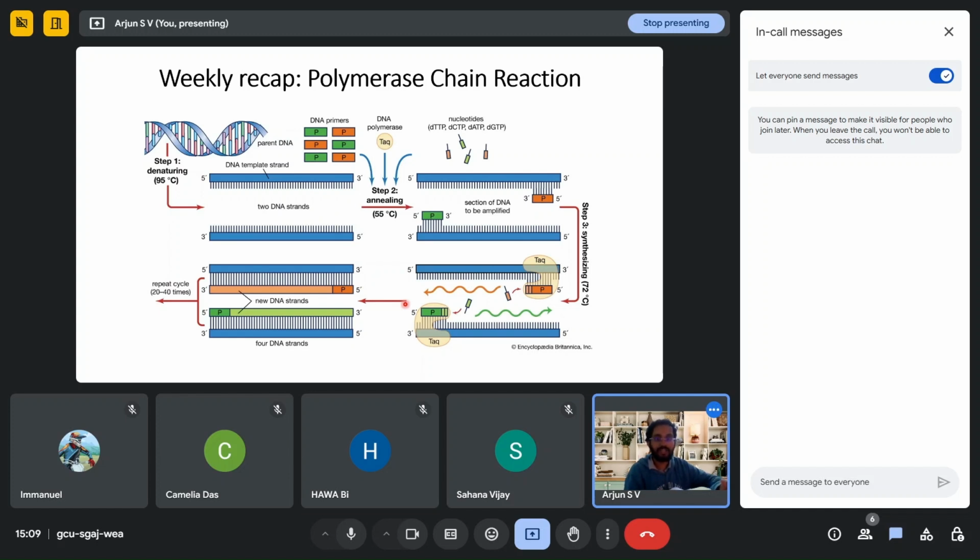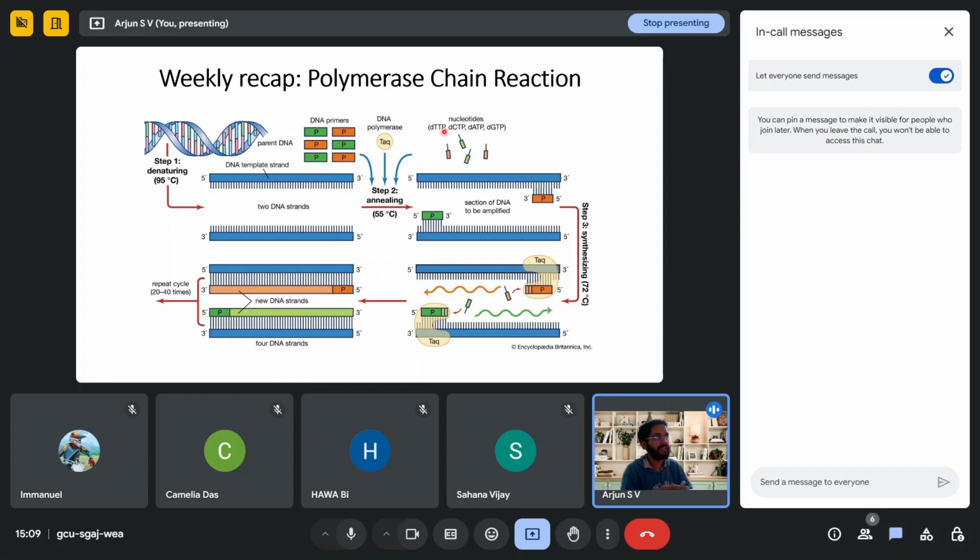We use high temperatures to denature the DNA, which is one of the first steps involved in PCR. We have three steps in PCR, which are denaturation, annealing, and extension. And apart from the template strands, we also use primers, which are short sequences complementary to the DNA template strands, which are used to bind to the template strand and which are also used in the process of annealing and extension. And apart from the primers, we also have